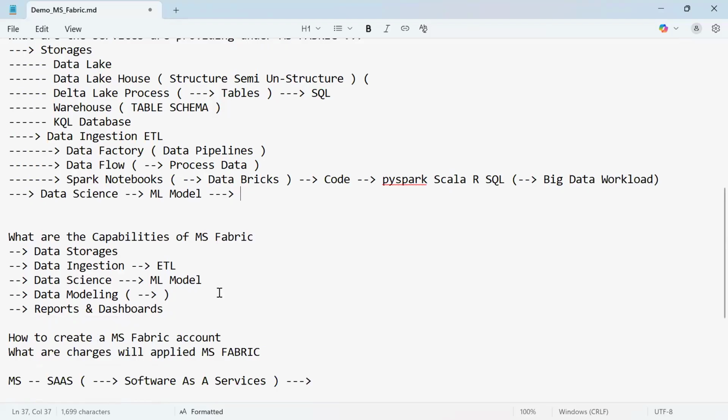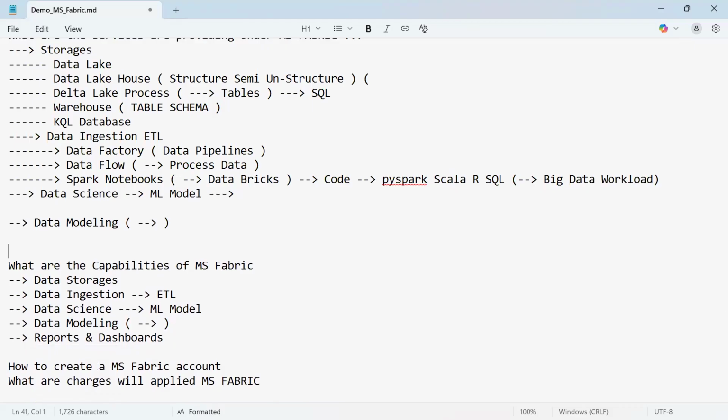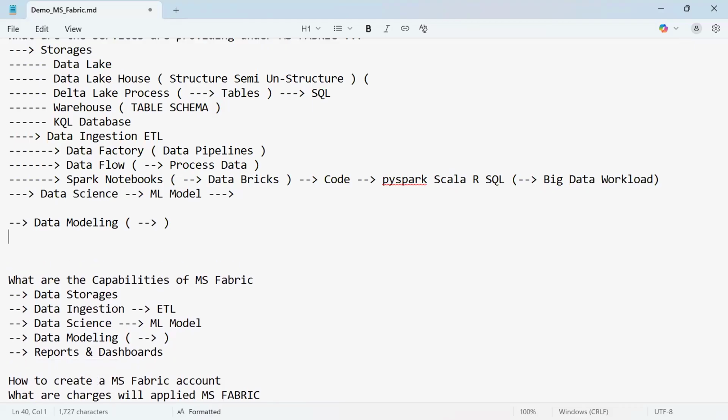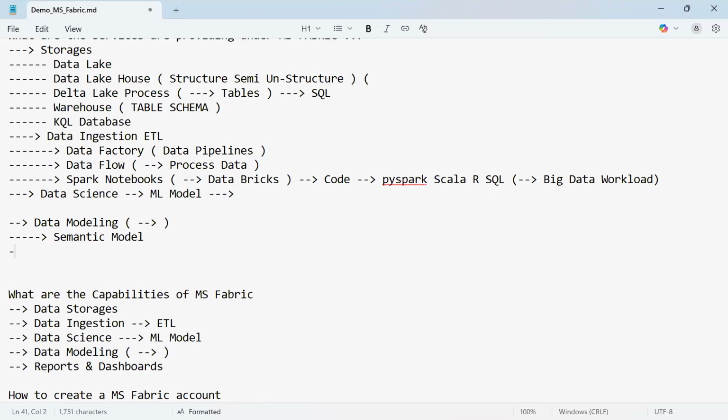So data modeling. What is data modeling here? Data modeling is nothing but giving you a semantic model. If people come from a reporting background, they know the semantic model. What is a semantic model? It is nothing but designing the schemas. What is a schema? Maybe having a relationship between the fact tables or dimension tables. Making relationships